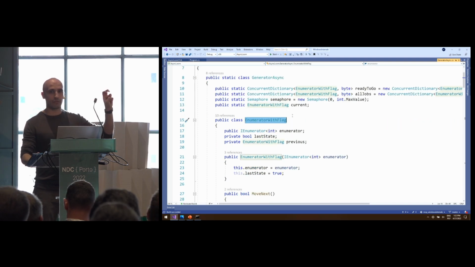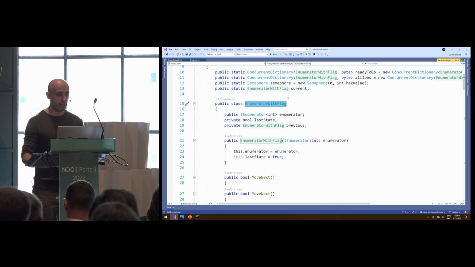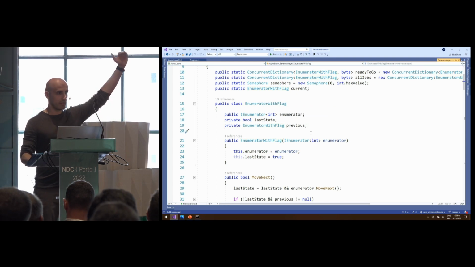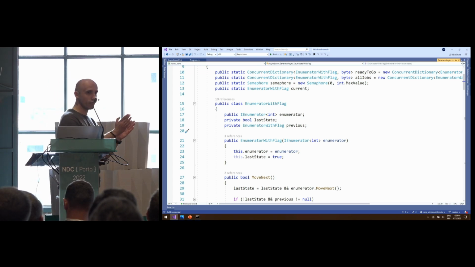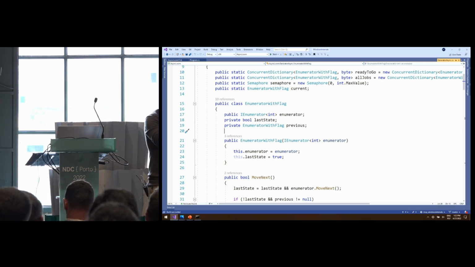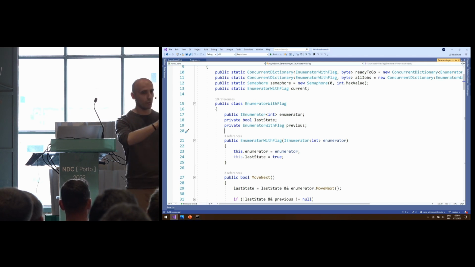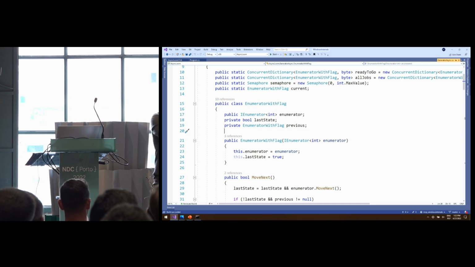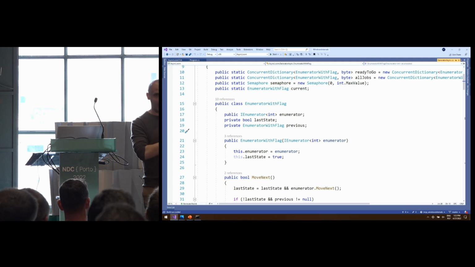This is kind of the regular enumerator you have in C#, but with a flag for whether there is more work to be done, and the idea is we'll stack those enumerators on top of each other. Now we want to bend our minds, and instead of doing await on a method, we want to do yield return on a method. And the method which we are yield returning can also await inside, so it can also do yield return. When we are doing yield returns, we need to return collections, right? So before continuing with returning the external collection, we need to return the internal collection which was there.